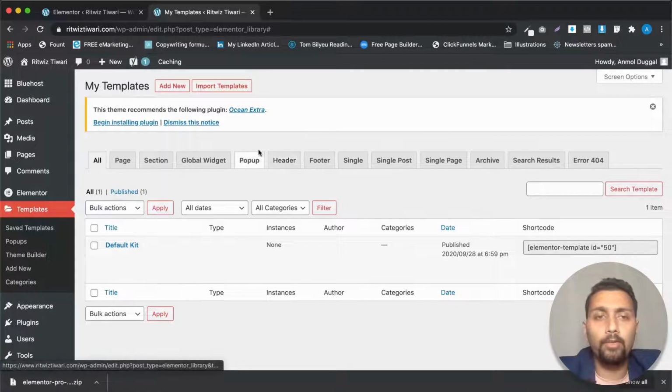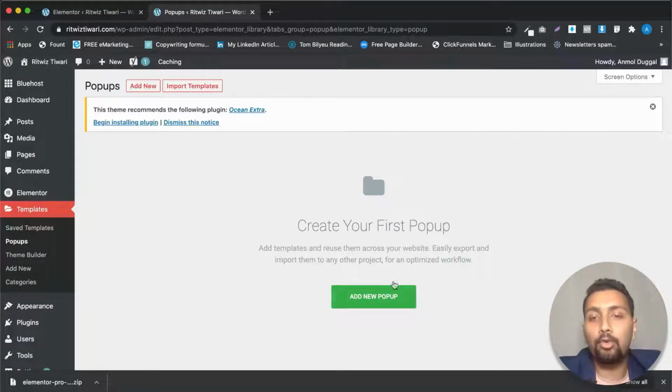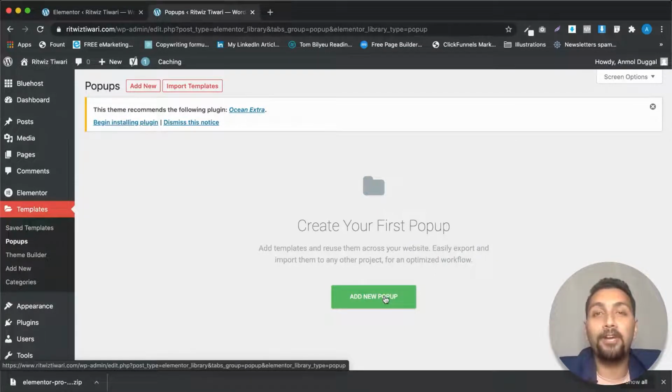Right, so now we just have the pop-up and the global widget here separately, but we are going to talk about the pop-up part now. All right, so let's go to the pop-up part. Again, in the pop-up, it's going to be similar. You just have to click on the button to create a new pop-up, and then you can actually configure that pop-up to load on different parts of your page at different times on different actions. And maybe you don't want a pop-up to load on one page and you want it to load on all the others, so we have that functionality as well. And maybe you want a pop-up to load just on the desktop version and you don't want to load it on the tablet or the mobile version, so we can do that as well.